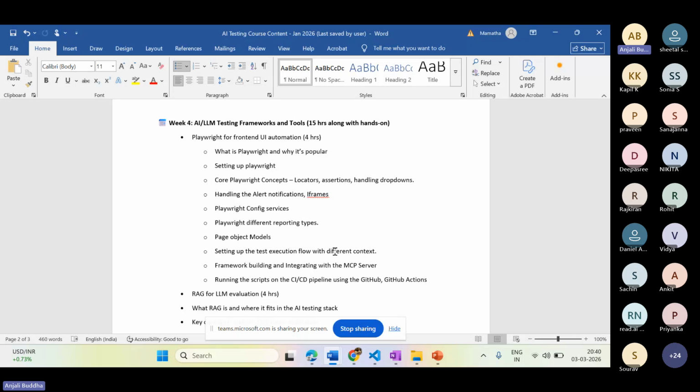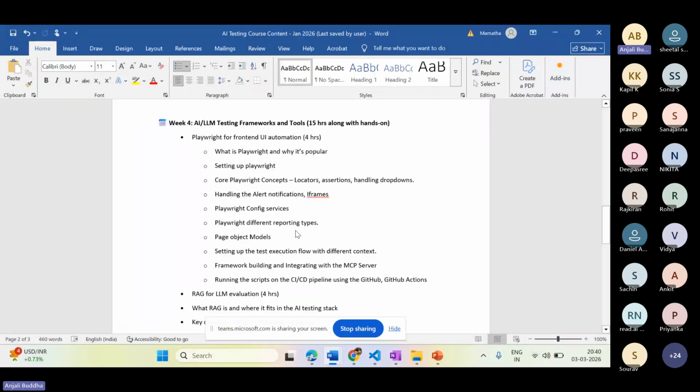What are the different methods that we'll have in the framework, what are the different testing methods that we can use in different contexts, and page object models. So these are the high-level contents that are important for one to start working with Playwright. That is the concept we are going to cover as part of this particular module.